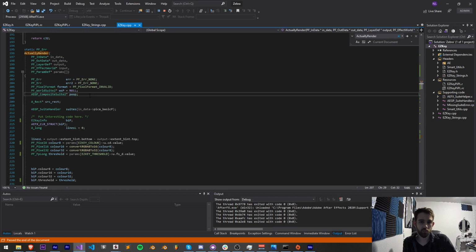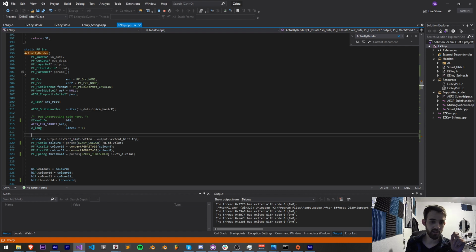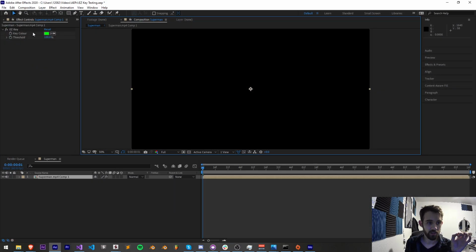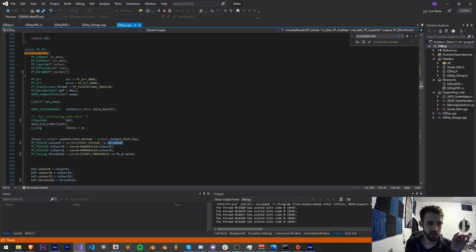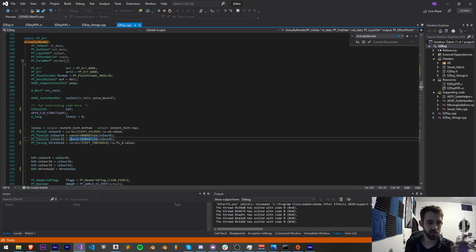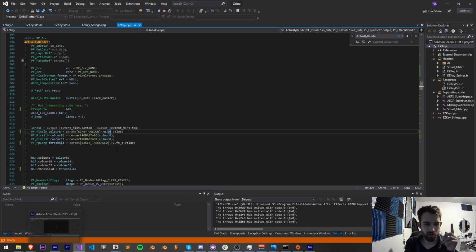These are all read directly from our interface here. So we have a variable we create called color8, and this takes the color value from our color effect here. It'll take the key color effect and put that into this variable. Then we convert it to 16 bits and convert it to 32 bits, which I already had defined for our 16 and 32 cases. And then for a threshold, we simply grab the slider value of our threshold, which I believe an